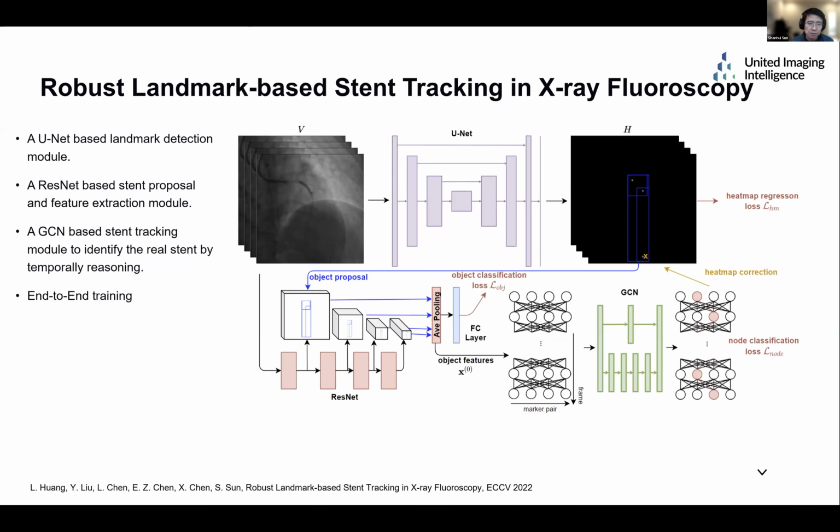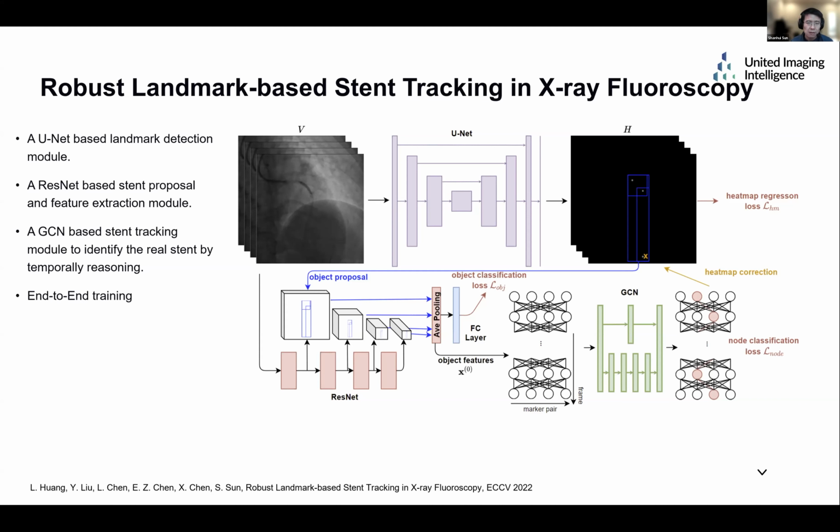The marker in the image is actually pretty small. Usually the image resolution is 1K by 1K, but the marker only contains a couple of pixels. And in the image, we can observe some other, actually a lot, of small marker dot-like structures. And the X-ray is a transparent modality, and we can also see the marker is overlaid with other devices like the balloon, the stent, the other catheter or the wire across